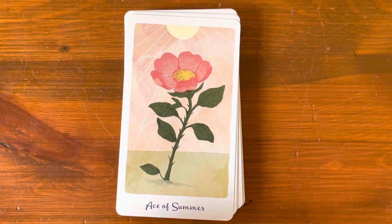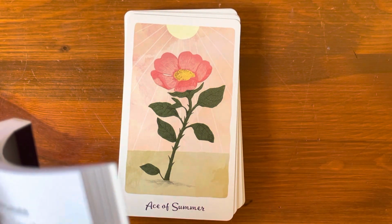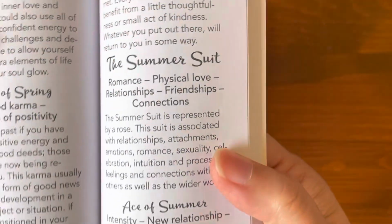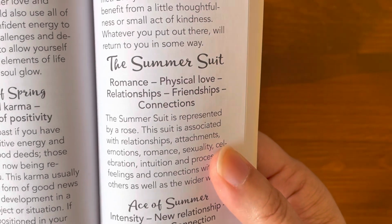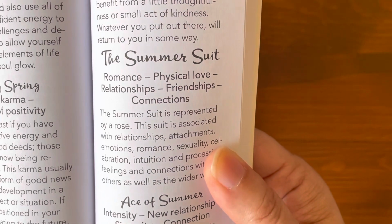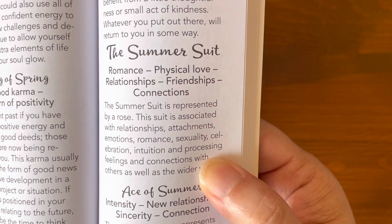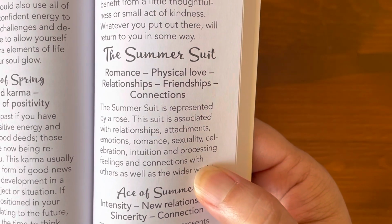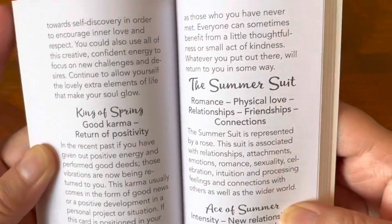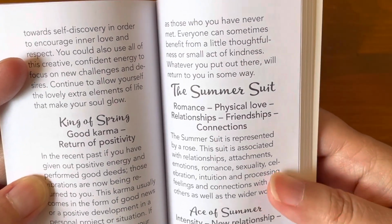All right, so the next suit would be summer. And let's see what they say for summer. Summer is equivalent to the suit of cups, because it's romance, physical love, relationship, friendship, associated with relationship, attachments, emotions, romance, sexuality, celebration, intuition, processing feelings and connections with others, as well as the wider world. So the bluebells is the spring, which is wands, and then